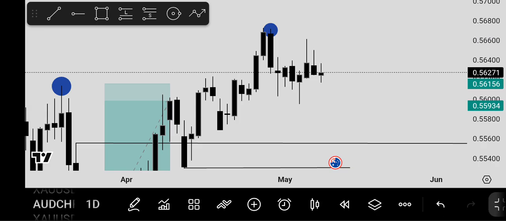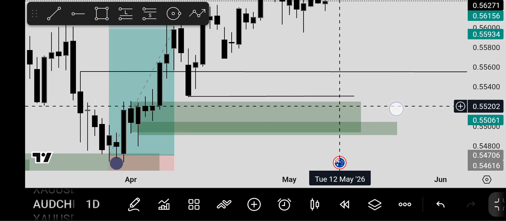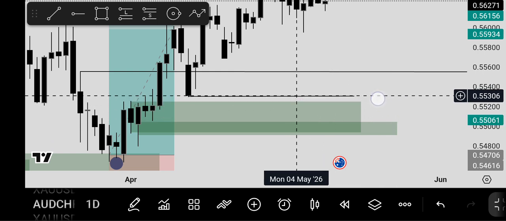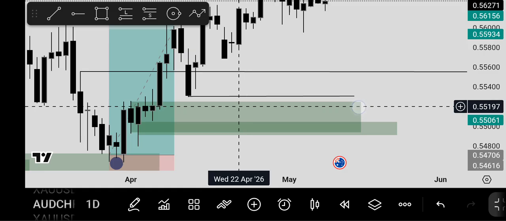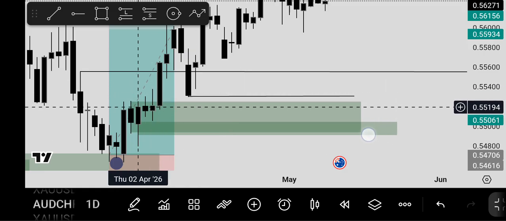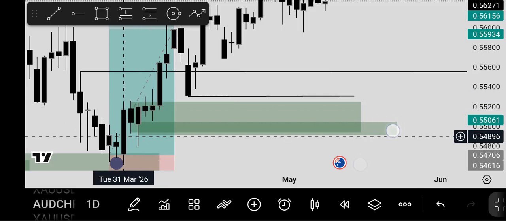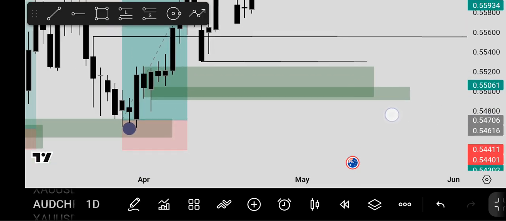So this one's a little bit tricky because we don't have further gaps, so we're not even sure that this level is going to hold, because if you look here again, you have a consolidation, but then the candle that took it out is also looking like a consolidation itself. So we could just say that all of this is a consolidation. Look at this one. We had a consolidation here, and then when price